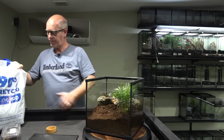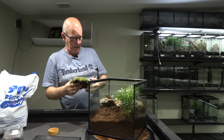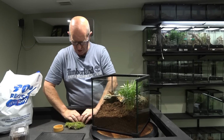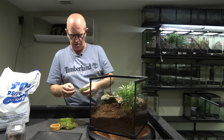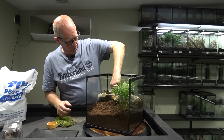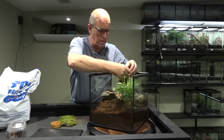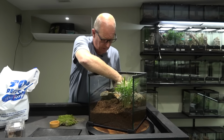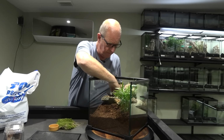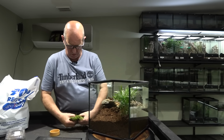All right, now we're going to stick a bit of moss in here. Any of you guys that are going out collecting moss at the moment will know it's all very dry at the minute. This is tinder dry. So once we get it in our enclosures and we get a bit of water on it, it will liven up again and it will be nice. So it's not a big issue. We'll get a little bit of moisture on it and it'll all start livening up and look lovely again. Alright, so we're going to cut this bit here